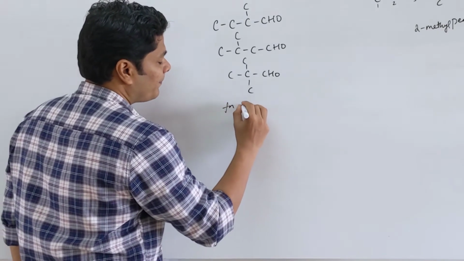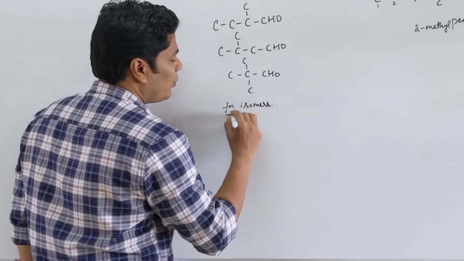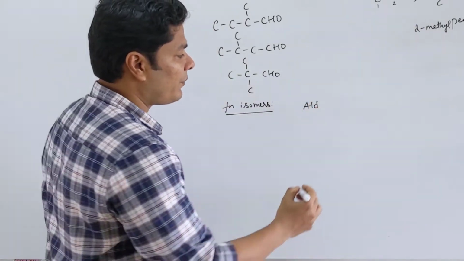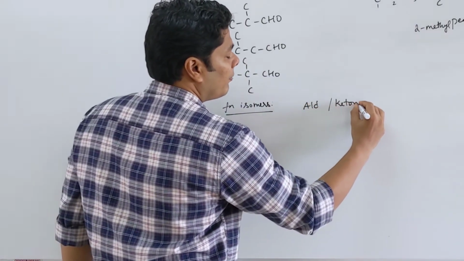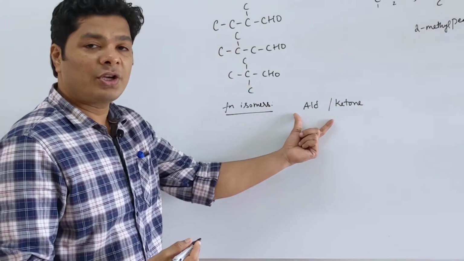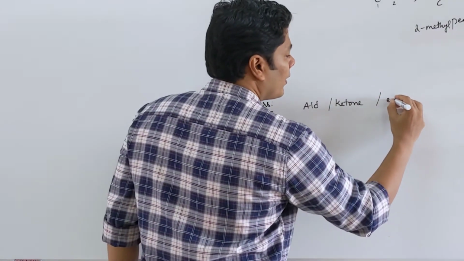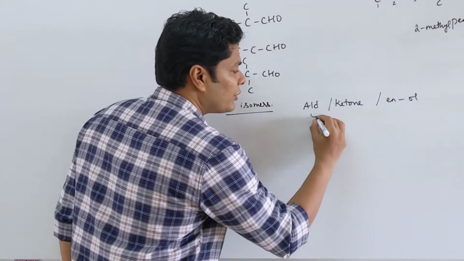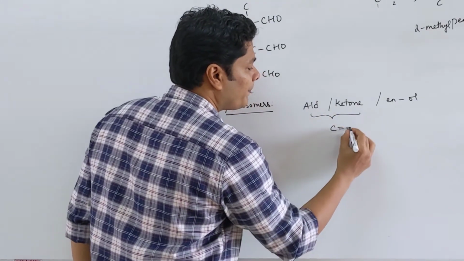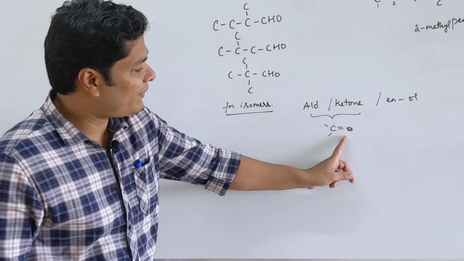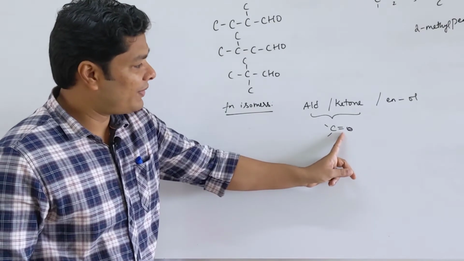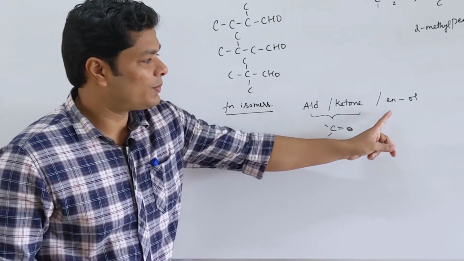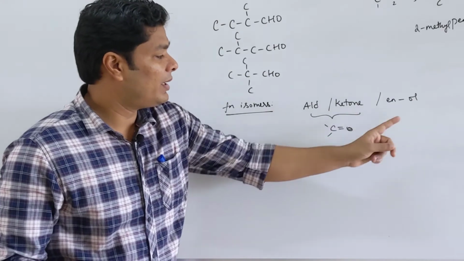functional isomers. Here you want to remember aldehydes and ketones are functional isomers of each other, which are very simple, but they are also functional isomers with ene and all. Aldehyde and ketones have one common functional group, the carbonyl group. So there is 1 degree of unsaturation is present. Because 1 degree of unsaturation is present, that unsaturation can be somewhere here, C double bond C and the OH group, just like we saw in alcohol. So this can be enol.